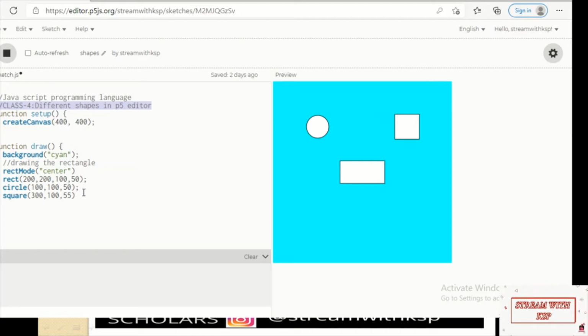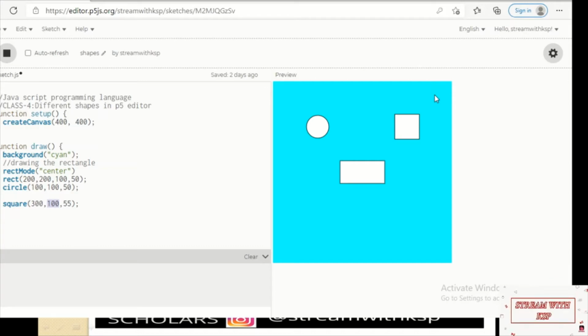First, we will work with the squares. If you can see here, we have one square here. I want to move the square to the top right corner. So for the top right corner, we need to identify the X and Y position. Actually, now the X position is 300 and the Y position is 100. So now I need to take this to this corner.